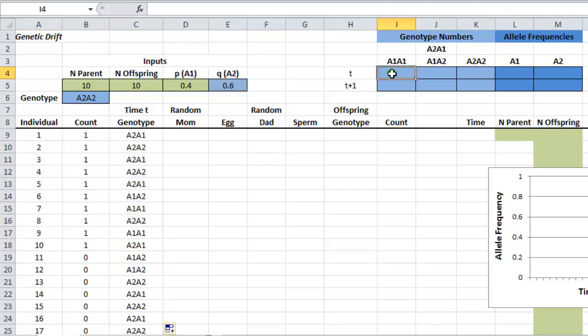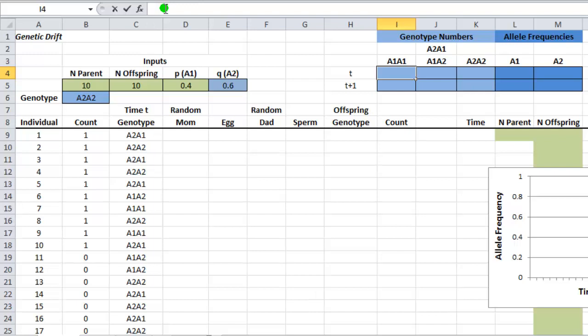Now to enter this formula, we're going to use a different kind of function in Excel that you may not have used before. It's going to be called an array formula. And we'll enter it just like we do other formulas, but we'll type it directly into the formula bar. And I'm going to try to walk you through this fairly slowly so that you have a good feeling for